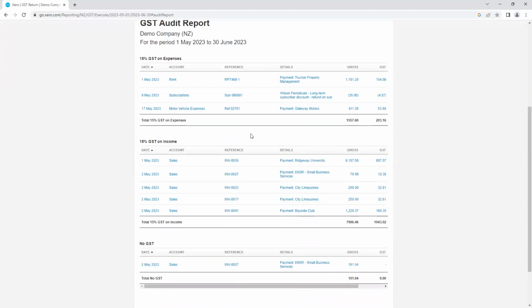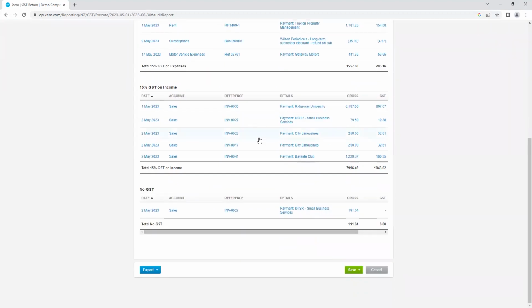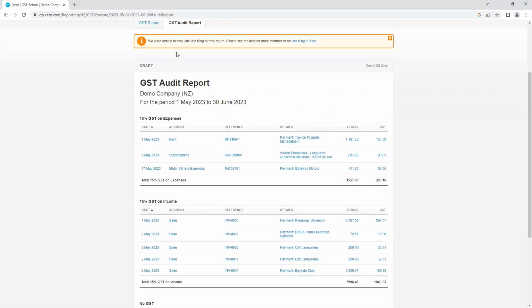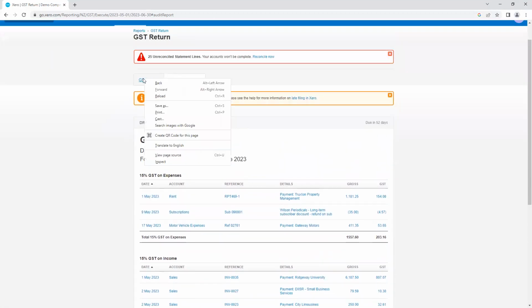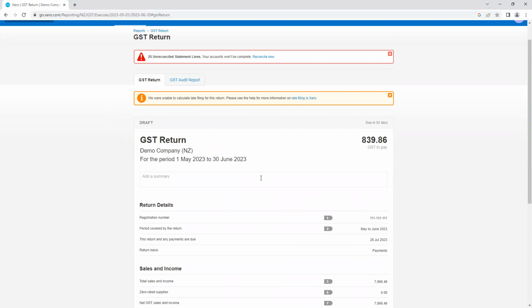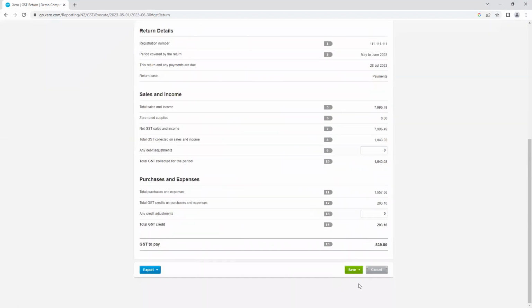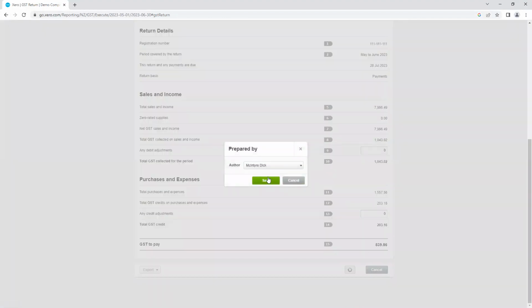Once I've done that and I'm happy and I'm going to file it with Inland Revenue, I'm going to select the green button at the bottom, whether I'm in my audit report or in my GST return tab. At the bottom, the green Save button, and I'm going to save as a final. Once I've saved as a final,